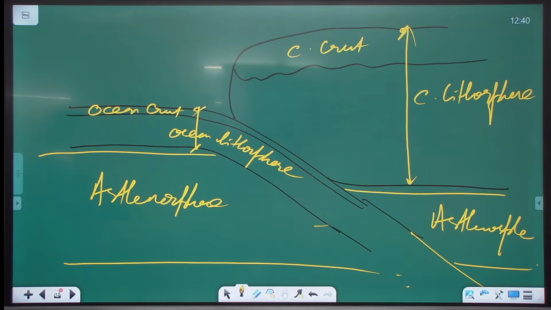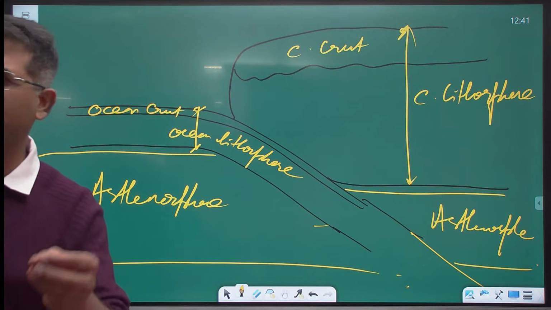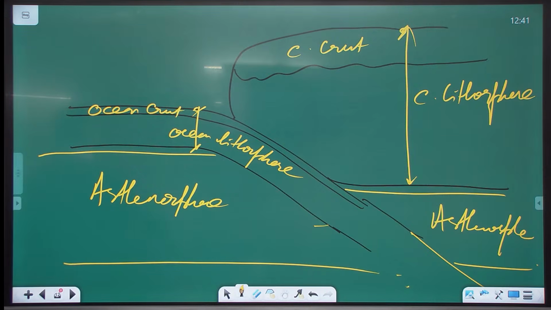Get used to quick, small sketches. Geography without sketches and maps, you will lose marks. Don't make elaborate ones. Coloring and shading, don't spend time on that. Quick line diagrams. Each diagram shouldn't take you more than 6, 7, 10 seconds. Labeling and you're done. You move on. How the Earth's layers are organized.